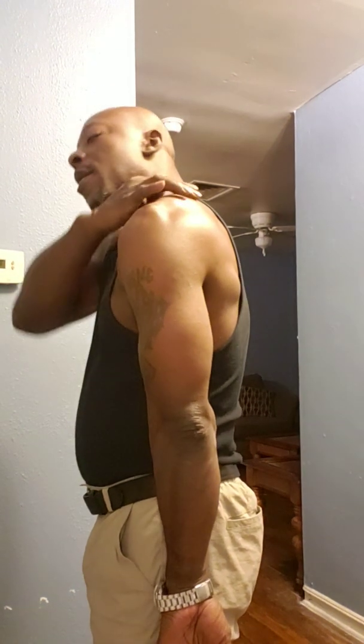But you want to rotate that palm out and around to where you're trying to touch the back of your hand to your thigh now. And then again forward, go beyond the palm touching the thigh to allowing the back of the palm to touch the thigh. If you did that right, you should have felt a slight twinge, pop, a little pressure release in that shoulder. So you want to do that a few times. Here, here, here,